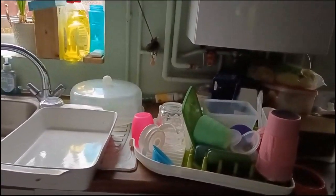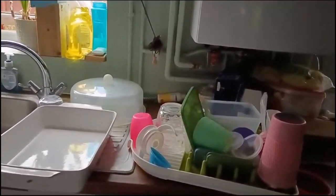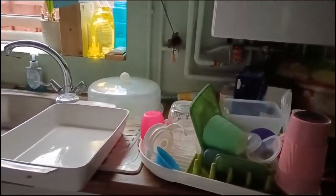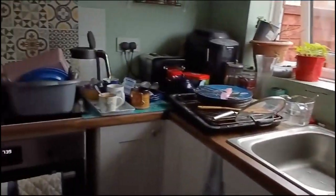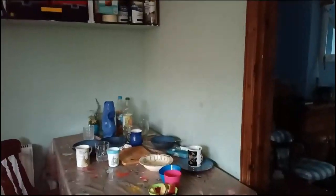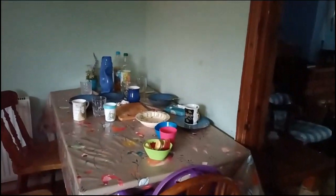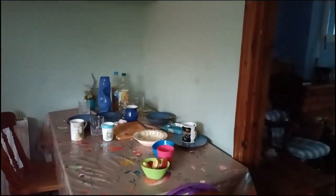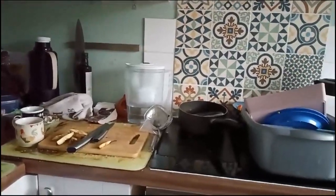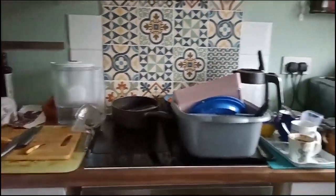So the first thing to do when you're doing dishes is you obviously need to put all of the clean stuff away and get those sides clear. Now, dishes is not just the stuff that's piled by the sink. It's also the stuff that's on the table, it's the table itself, and it's all the sides underneath where all of your dishes are. So I'm going to show you today how to do dishes in the most effective way